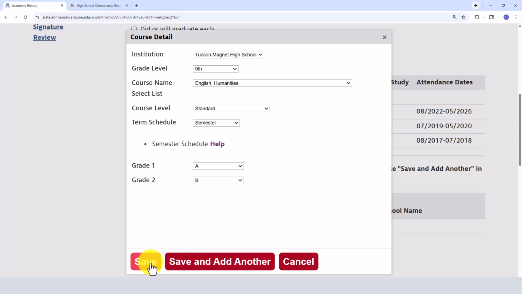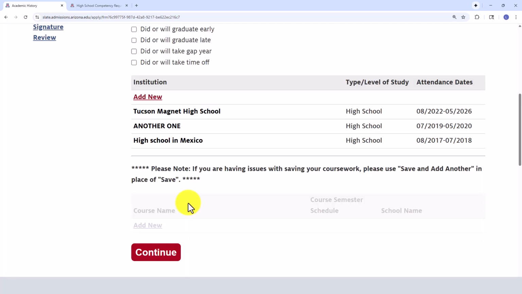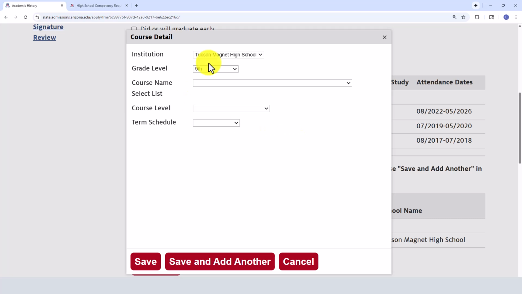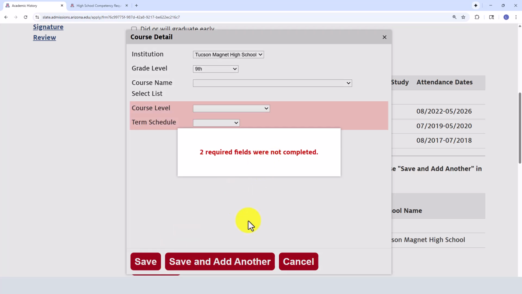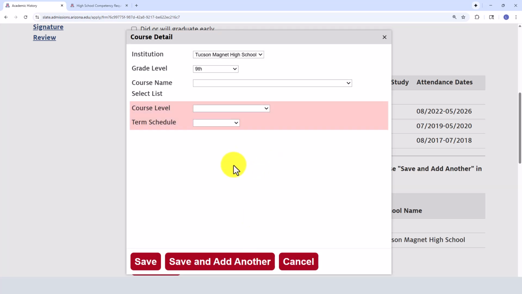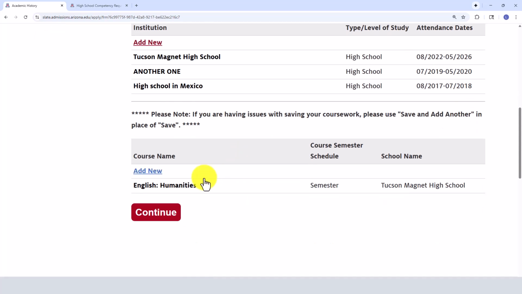And then what you can do here is save and add another. And as soon as you do that, it's going to take you straight to like the box where you can start entering a new course. You're going to do that for all of the classes and grades that you have in high school up to that point. Let's say that you're ready. I'm going to click save. I'm actually going to cancel. Just assuming that you finish entering everything here, then you're going to have like a big list,